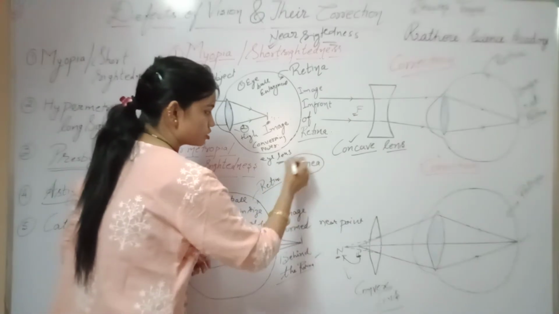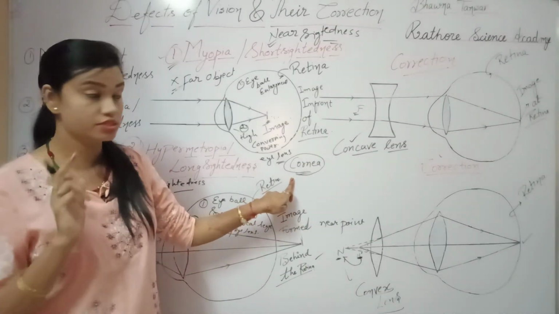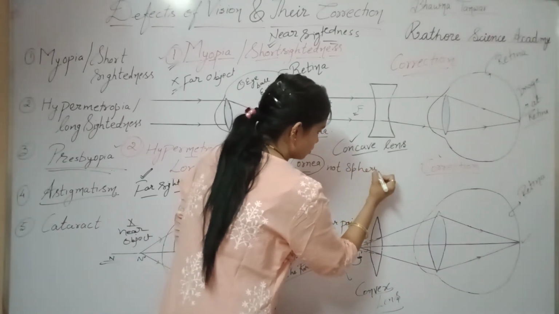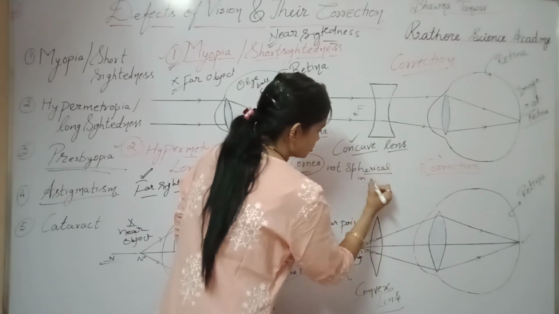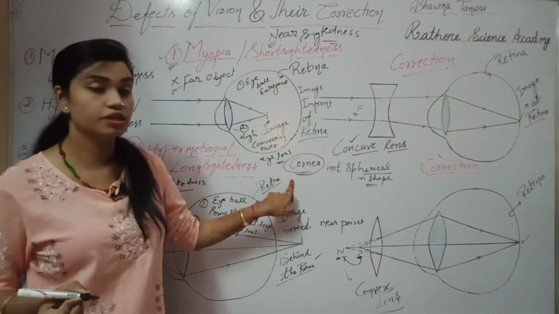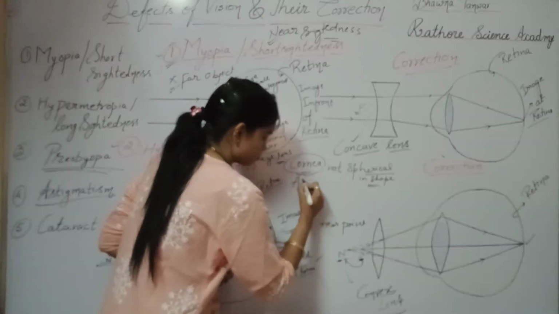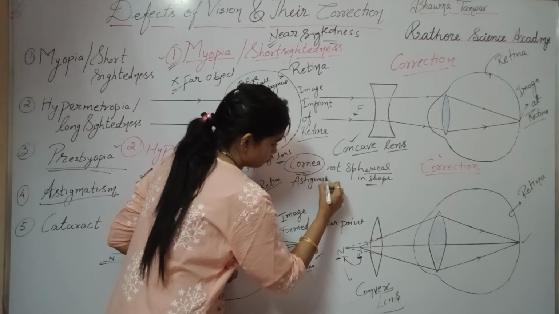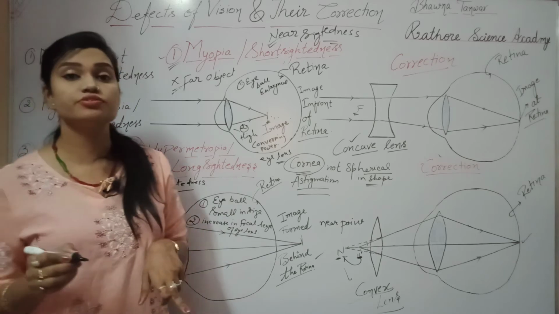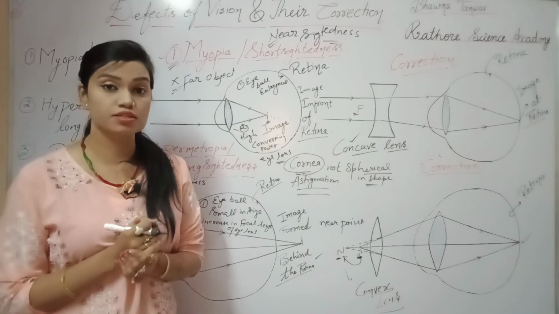So in case of astigmatism, the cornea is not spherical in shape, not in proper shape. That means it will be irregular in shape. So in case of astigmatism, the cornea is not spherical in shape, that means it is irregular in shape, and if it is irregular in shape, the person suffers to see